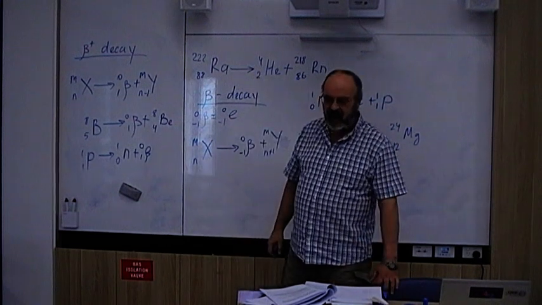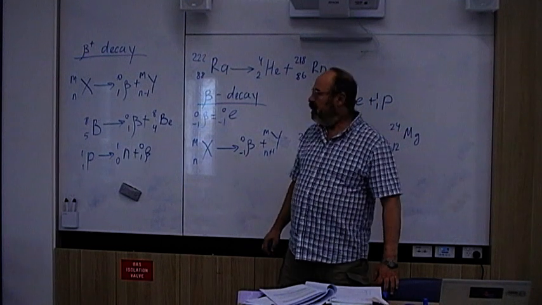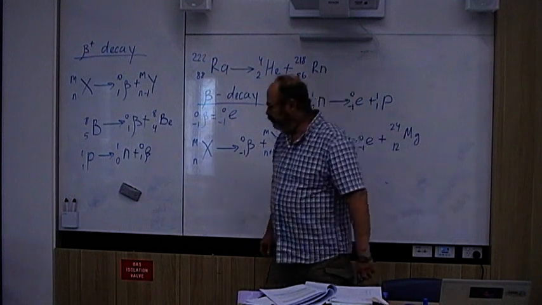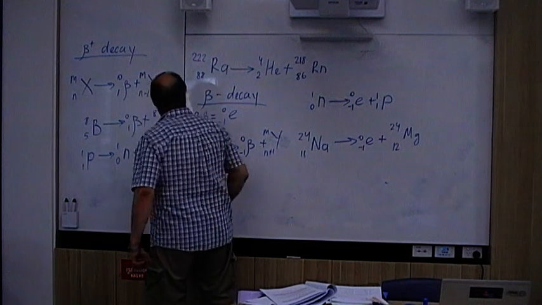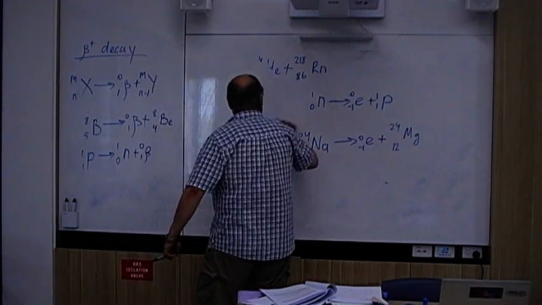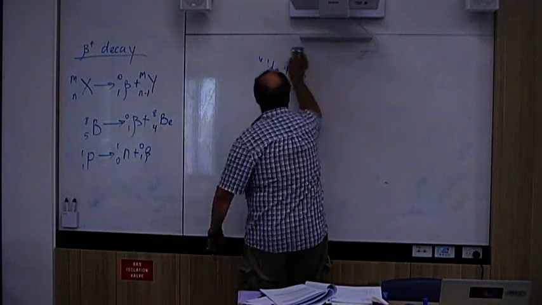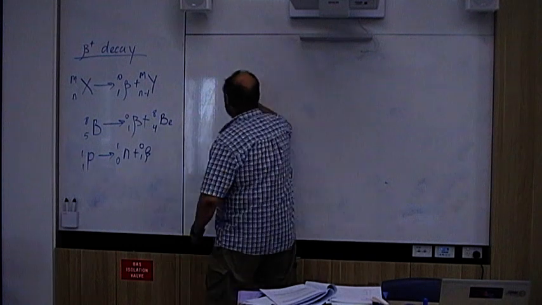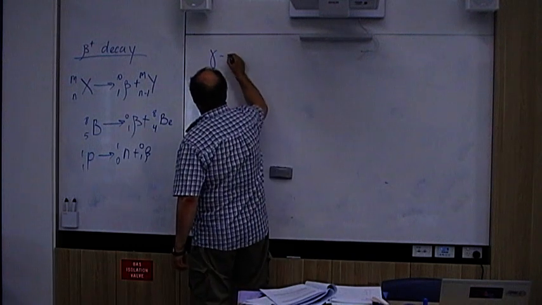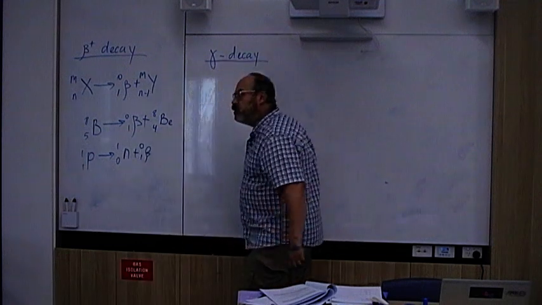Now, another type of decay is gamma decay. Gamma decay is a bit different to all other types of decay because there is no change in the chemical element. It remains as it was. Gamma decay is when the nucleus just